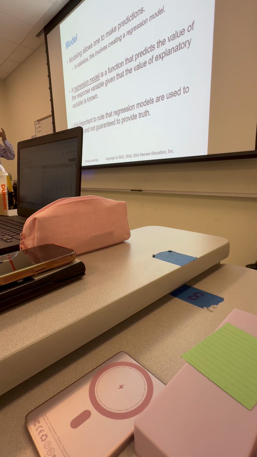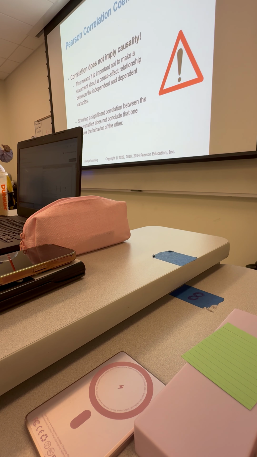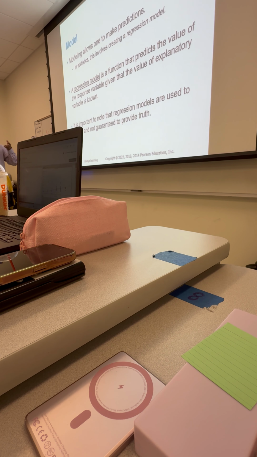Now we go into the third case, model. Okay. Model. So now that we see that there's a linear association, we have quantified it. The next thing to think about is, if I know the value of one variable, can I use it to predict the value of another? And notice what I said, to predict. When we make that model, it doesn't mean that the model will always tell what will happen. It is predicting what will happen. That's what regression models do.